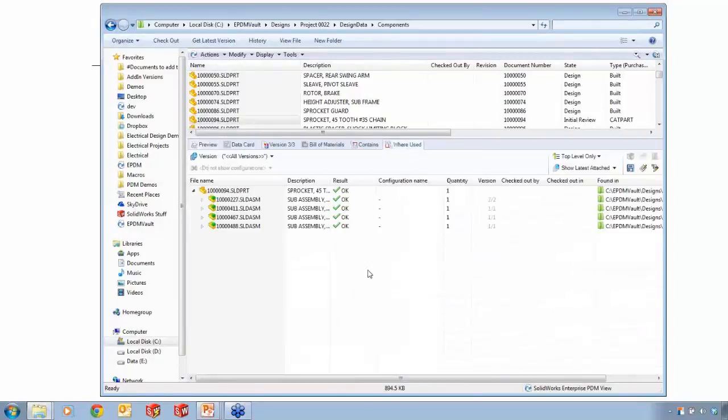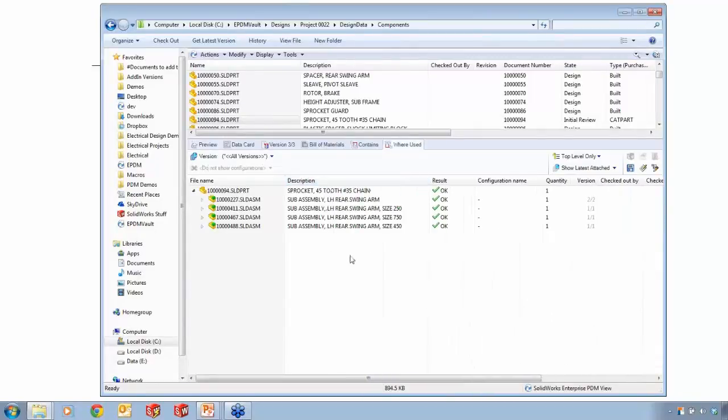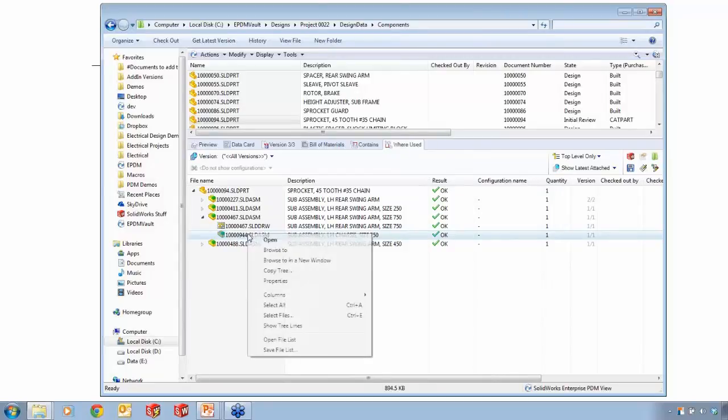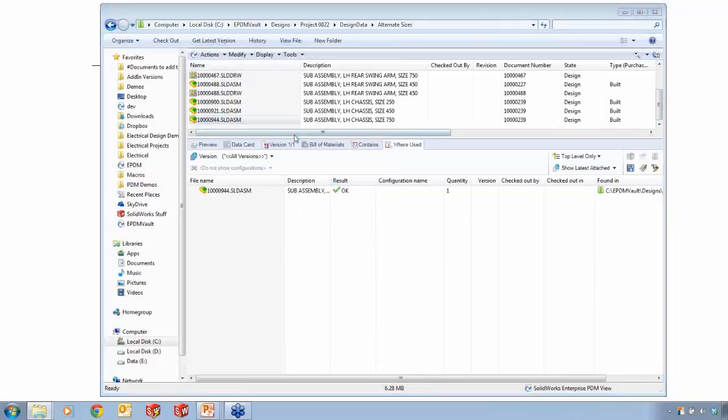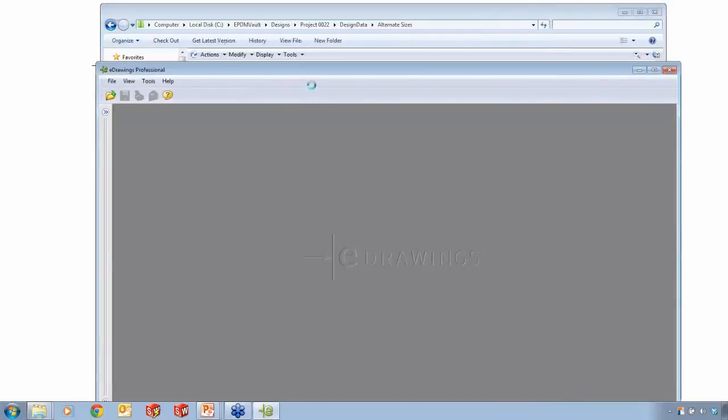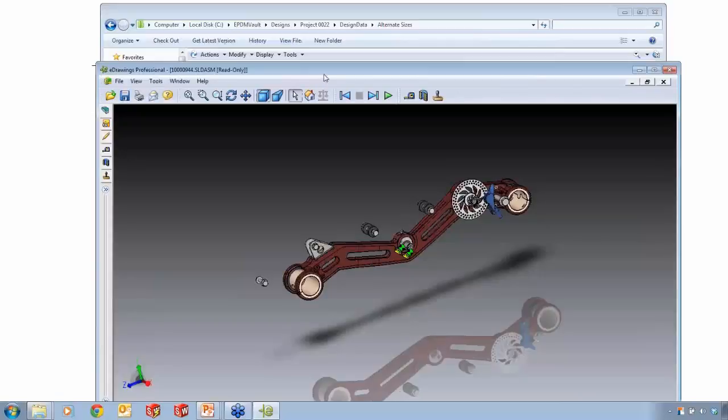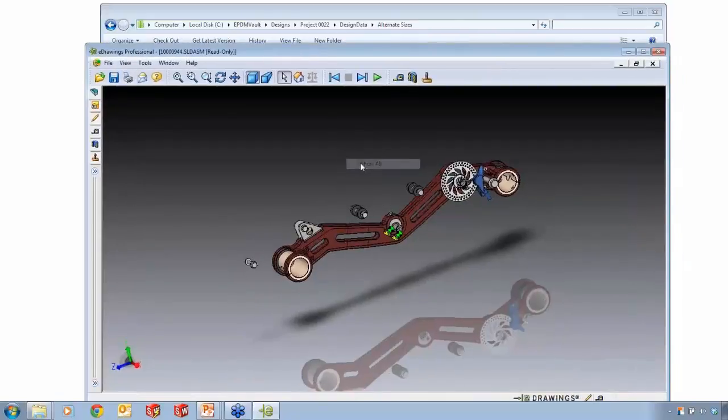So I'm going to simply select where is this used. And this shows me right away it is used on some of our larger size models. In fact, this one right here is our biggest, heaviest duty size 750. Let's browse to that for a moment and just take a look at the model. And I'm going to pull it up in full eDrawings, just hitting my View File button in